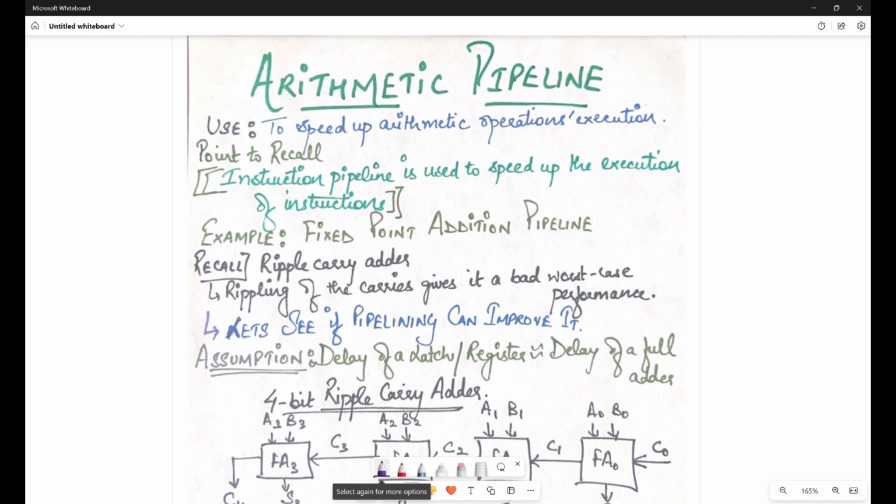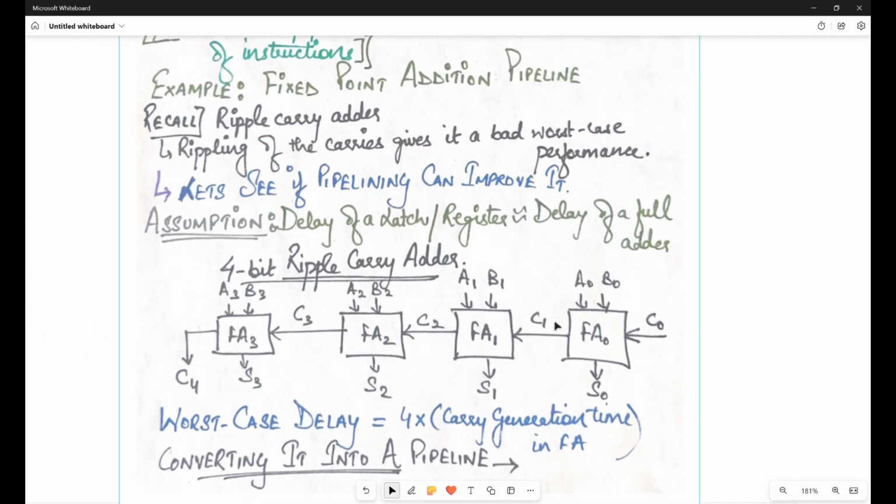If you remember a ripple carry adder, what was it? In that, you used to add different bits. I'll show you the diagram also over here. So this is a 4-bit ripple carry adder, and for all the 4 bits we are adding them one by one, which is more like sequential adding, right? First, let's say you have two numbers A and B, you add the 0th bit of A with the 0th bit of B, and whatever carry is generated, you are